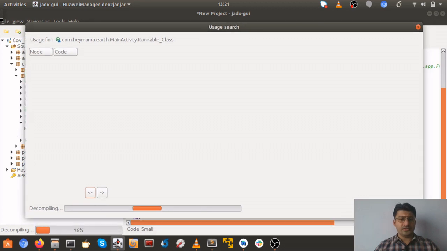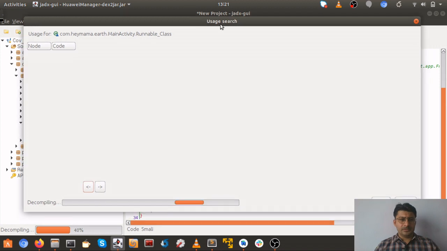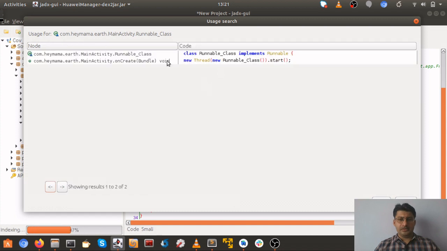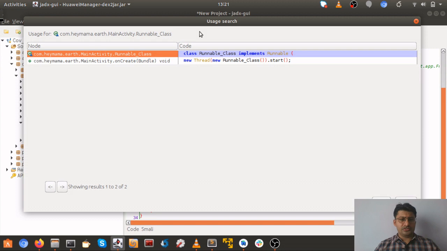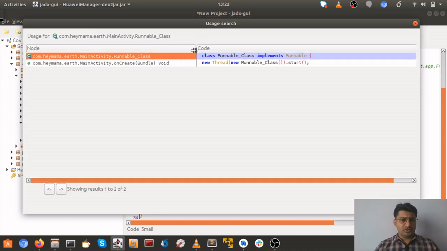So again, let's give a bit of a second for this search. Yeah, 48%, 53, 57, it should be done in no time. Here it is. It's being used at two locations.